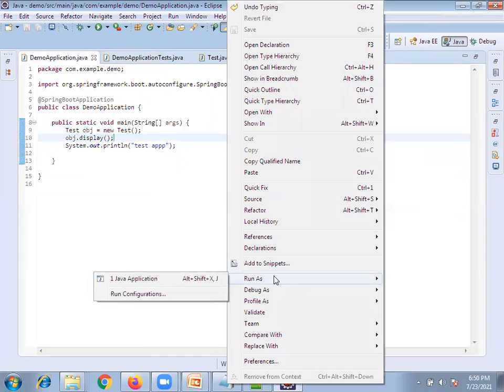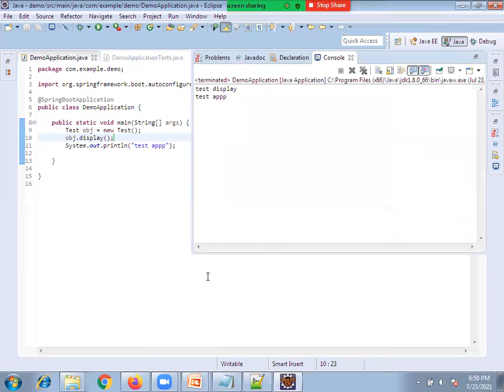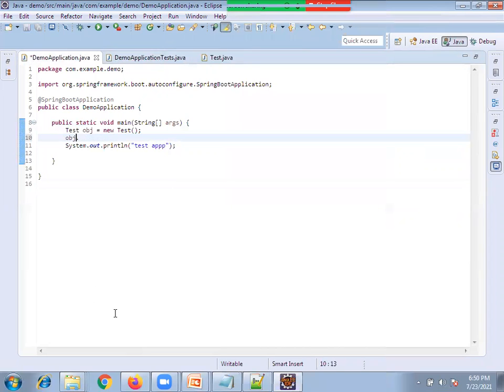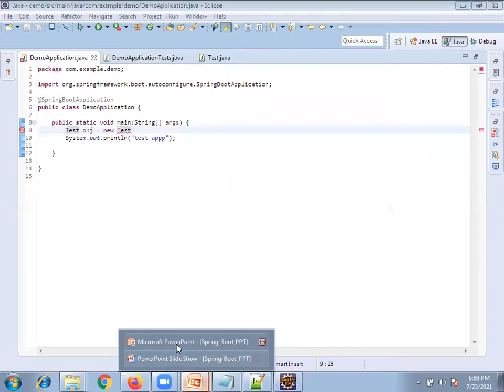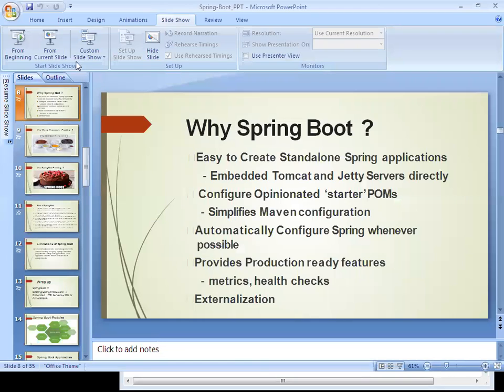Right click, run as Java application. Is this a core Java program only, right? Yes, sir, a standalone program only. Based on your requirement, you will be able to develop. Now clear? Let's go to the slides.